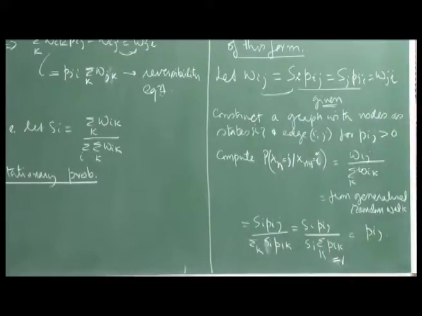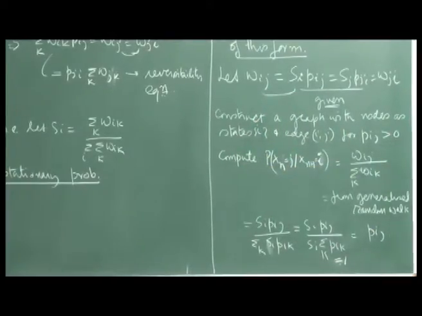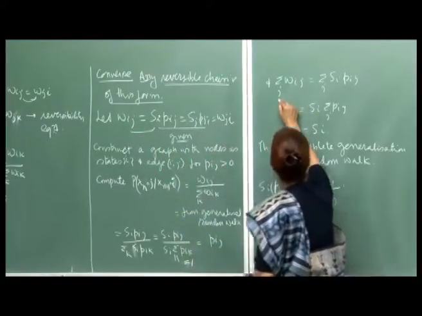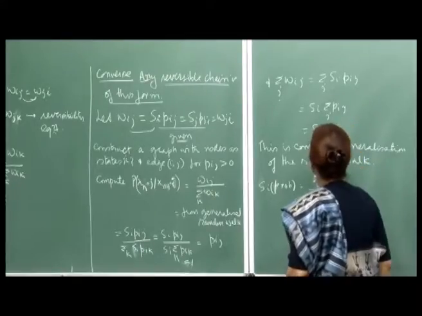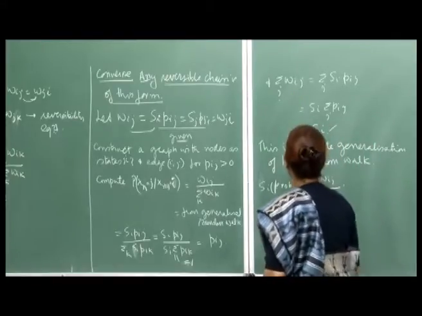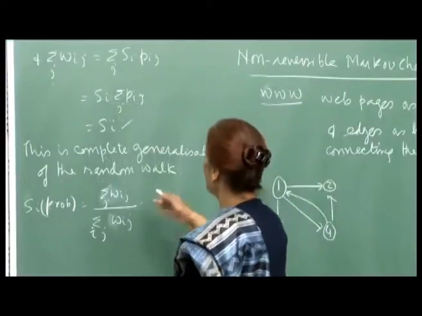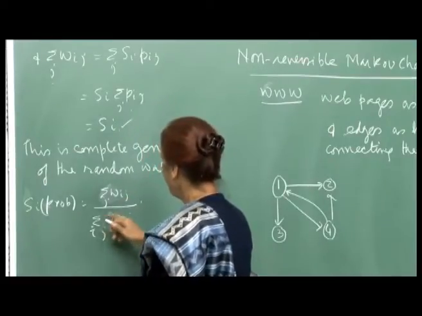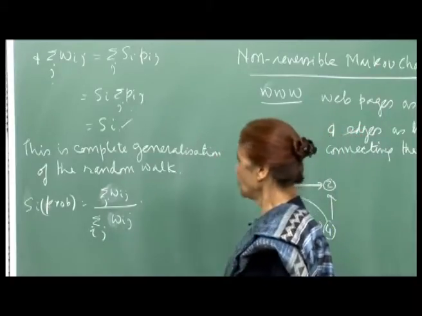They are just reverting back to the process. So here the Si's were this, and similarly we can say that from here summation Wij, summation over j, is equal to summation over j of Si Pij. So this becomes this, and therefore this is Si. So here your Si's are proportional to summation Wij, summed with respect to j, and since Si's have to be probabilities, I can normalize them by the total sum of weights, and this gives me probabilities, and so this thing is complete.